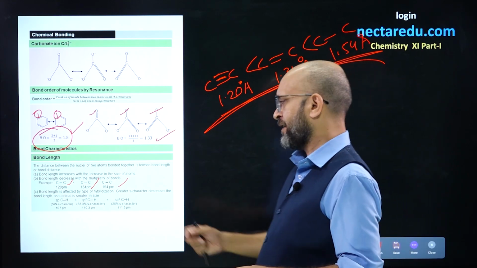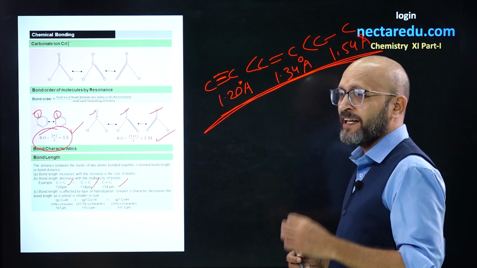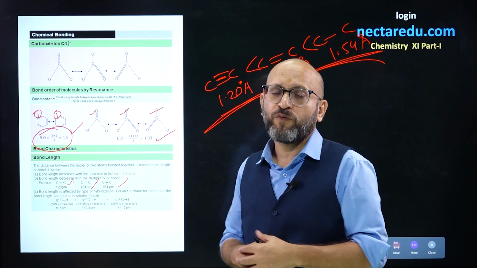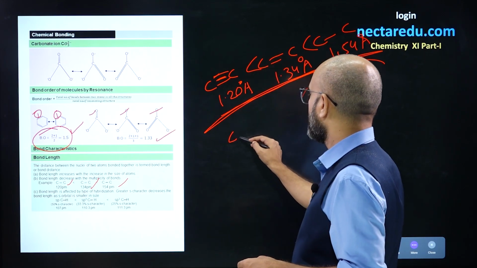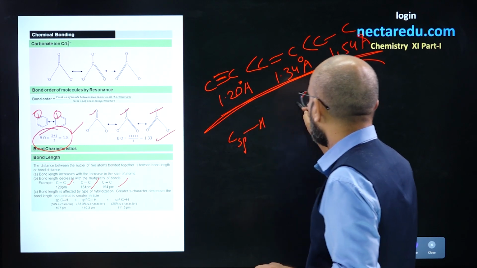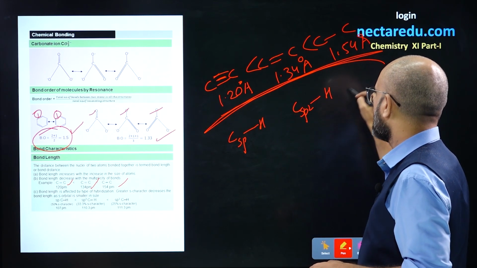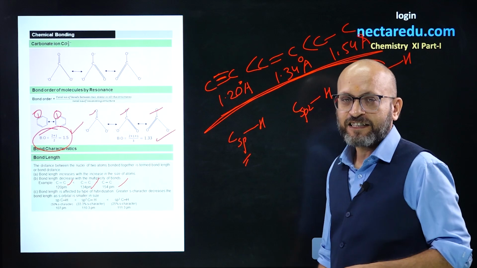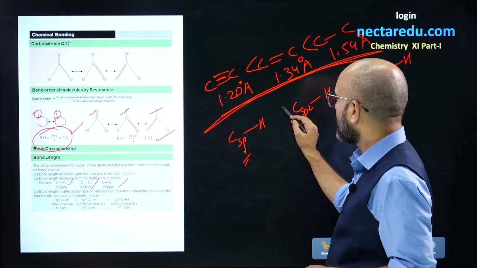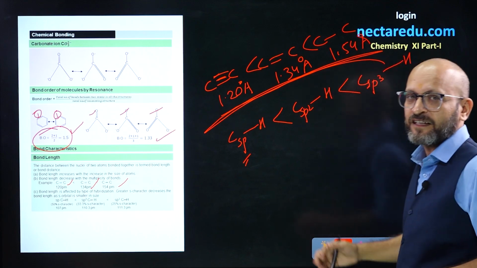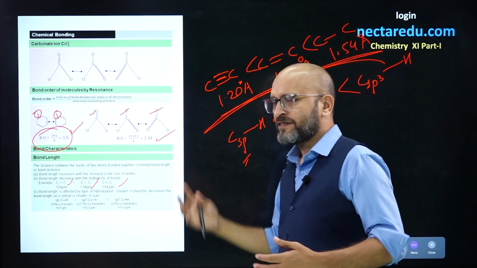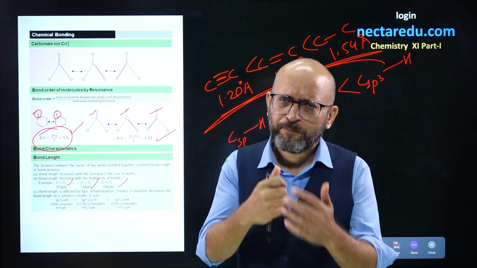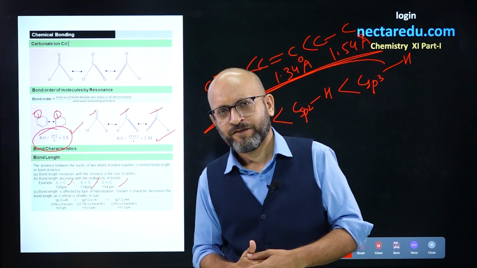Alright. And if we have different hybridizations, then also the greater the percentage s character, the smaller the bond length, because attraction is more. So a bond between carbon sp and hydrogen, carbon sp2 and hydrogen, and carbon sp3 and hydrogen. The highest percentage s character is in sp. So bond length here is less, and as percentage s character decreases, bond length increases. So these are the values which we can figure out, or logically we can understand, for comparing bond lengths. So with this we complete this